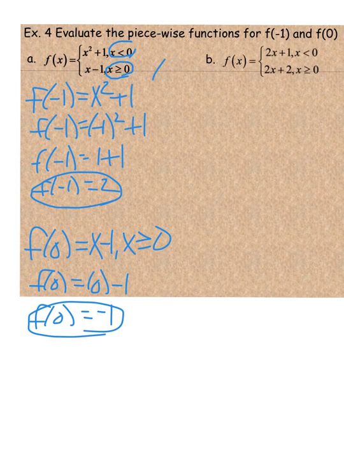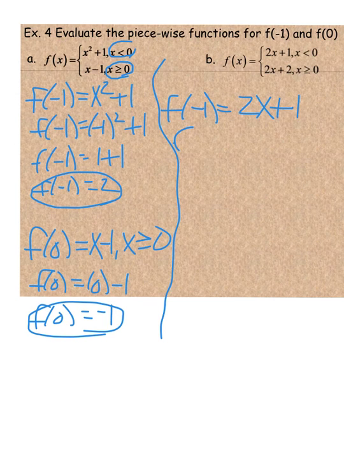In our second example, f of x is equal to 2x plus 1, where x is less than 0, and 2x plus 2, where x is greater than or equal to 0. So if I want to evaluate this piecewise function for -1, I look at the two domains that are given, x is less than 0 and x is greater than or equal to 0, and I know that -1 is less than 0, so therefore we're going to substitute -1 into the first equation,